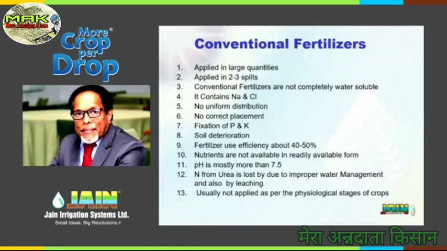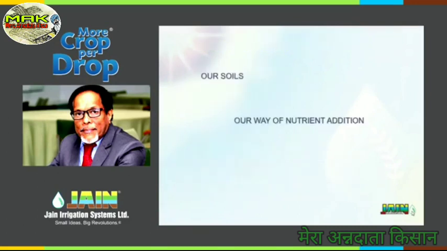One of the major things with these fertilizers and the conventional mode of applying in 3-4 splits is that the fertilizer application timings and the crop's peak demand timings have no relationship at all. People apply a basal dose, then after 15 days, or after 1 month, or after 2 months, they apply again. This is purely on a calendar basis and not on the crop's growth stage basis. This is one of the major disadvantages that has kept fertilizers from giving the potential yield in India. Now let us look at our soils, some history of this, and our way of nutrient addition.